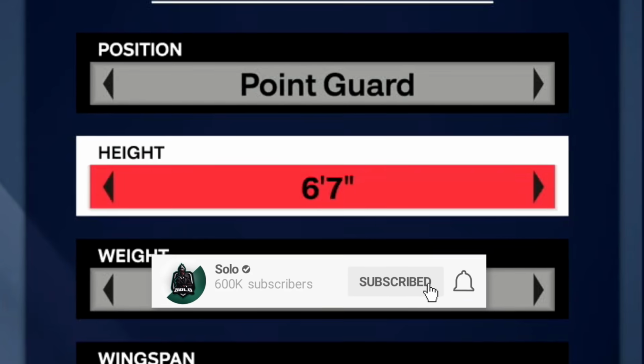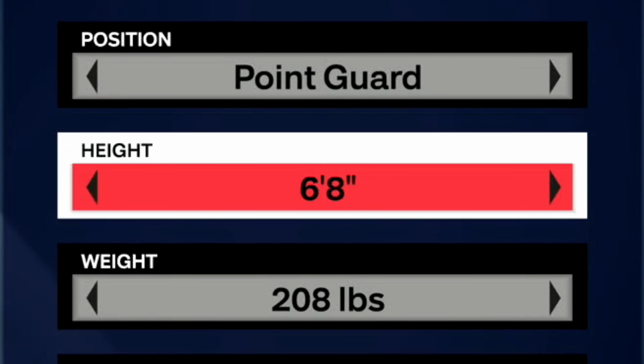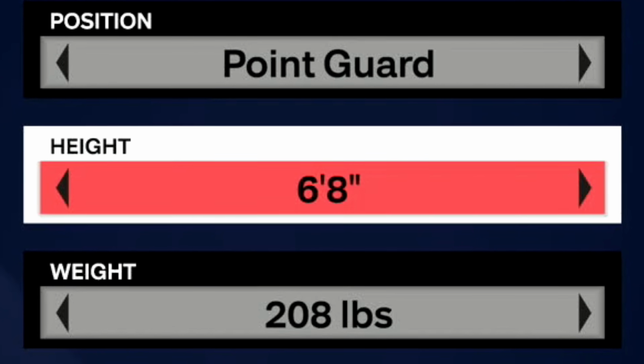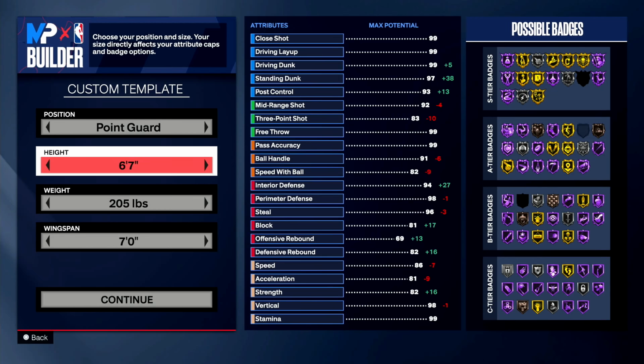This video is all about ISO builds. So the recommended heights that I would say for you guys is between 6'6" and 6'8". I feel like 6'5" is a little bit small, but I mean, maybe you can make that work. I just feel like you'll get kind of bodied. Obviously, you'll be able to dribble faster, probably get a higher 3, but I feel like on defense,